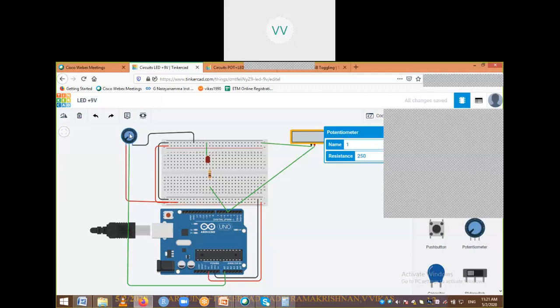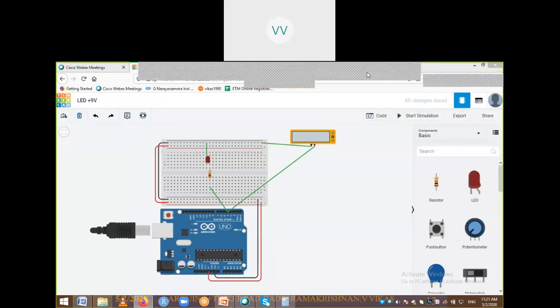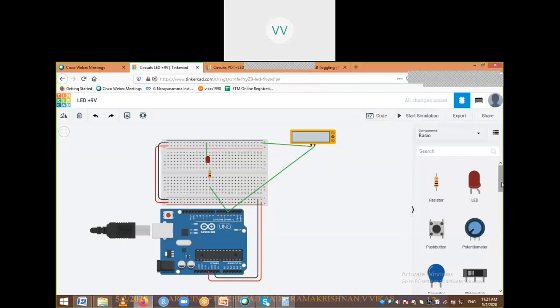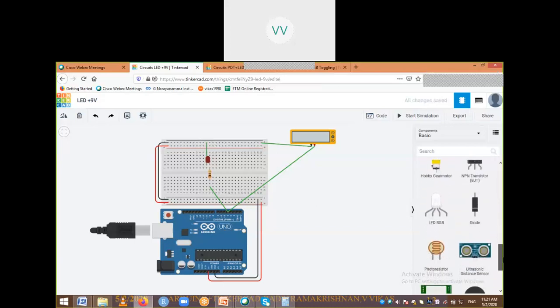Okay, I'll remove this potentiometer part. Because this LED part is common, I am going to use the same. Let me check where we have the LDR. You can see here it is written as photoresistor.